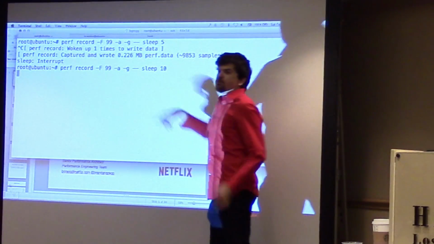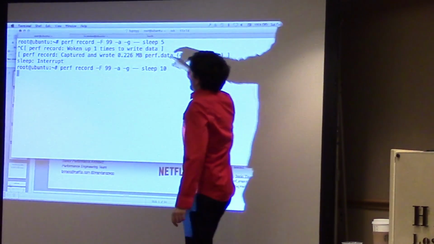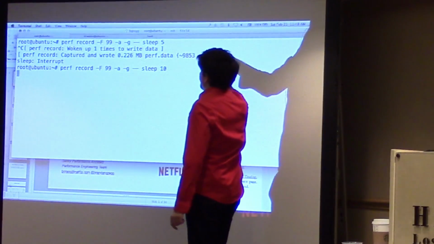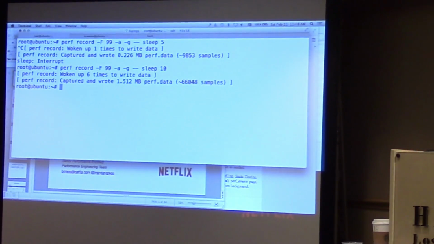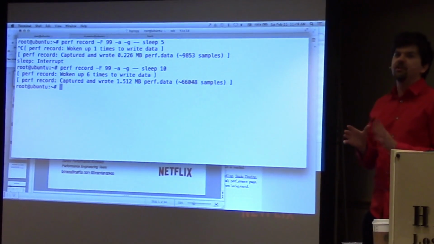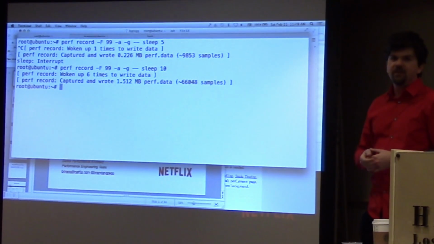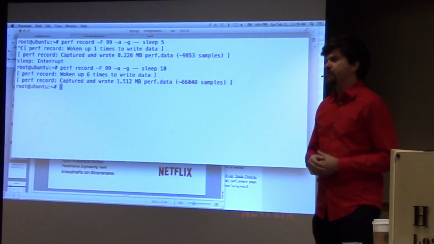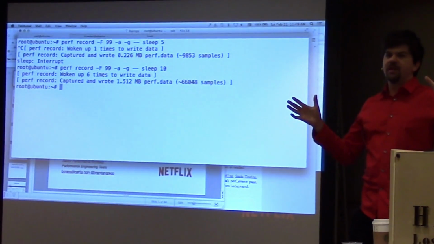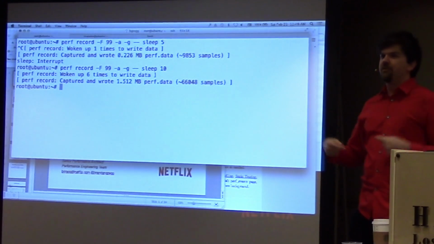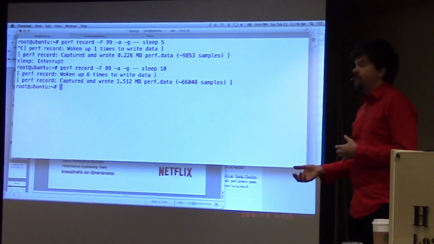These messages it gives you are actually really interesting. It's saying, I woke up this many times, and that's how big it was. It's also in the name of reducing overheads: it wakes up only a finite number of times, dynamically. Instead of waking up every time there's a sample, which would destroy performance because of all the context switching between kernel and user level, perf events dynamically picks a buffer size in the kernel, and then does the minimum number of context switches to copy that out to user space.